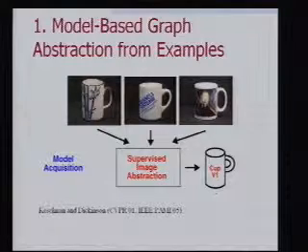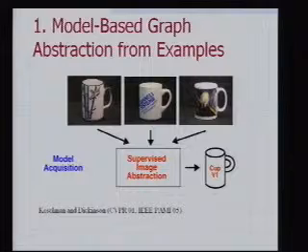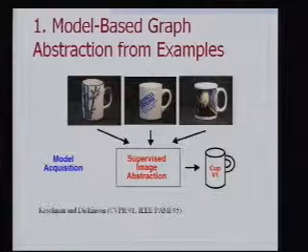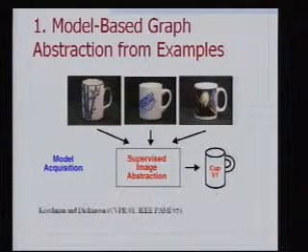Okay, so let's start with the first one. As I showed on the previous slide, we have 3 exemplars in similar viewpoints belonging to the same category. And what you really want to do is look at this and say, what's common to all of these exemplars? What's the essence of this object? And you might hope to get something like that, for example. There's a notion of a body face, there's a top, and there's some kind of handle.